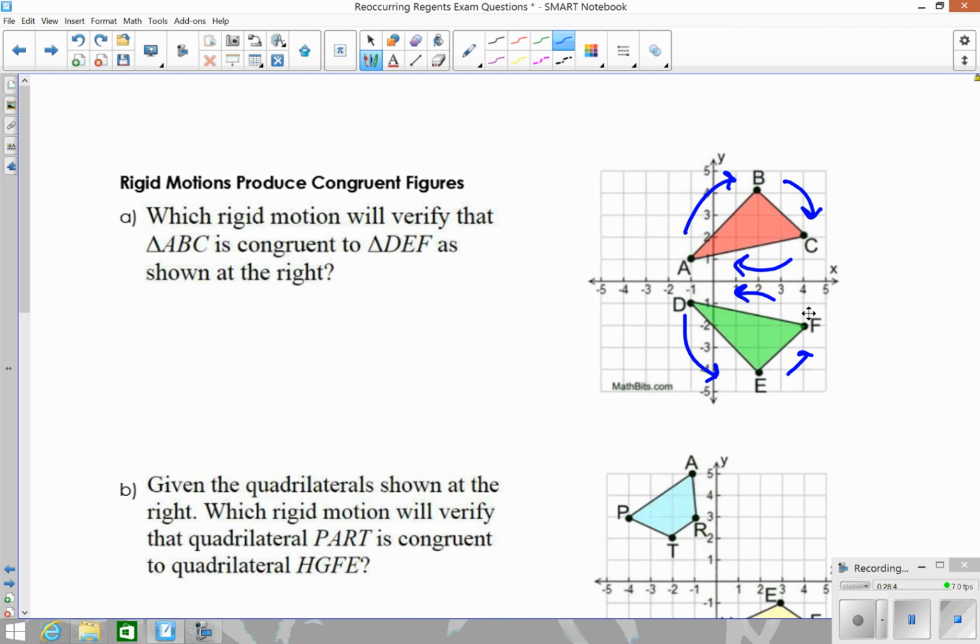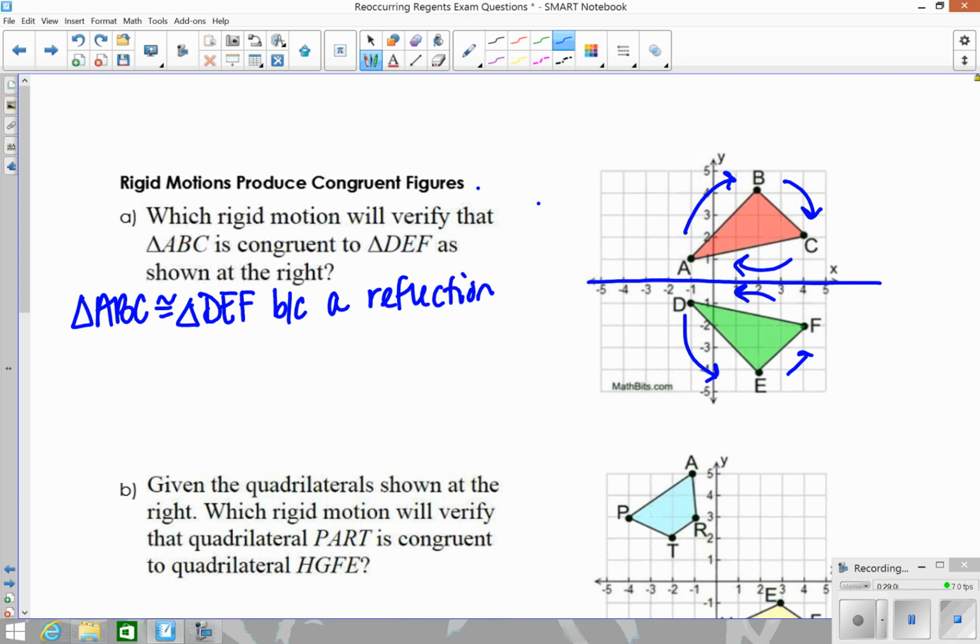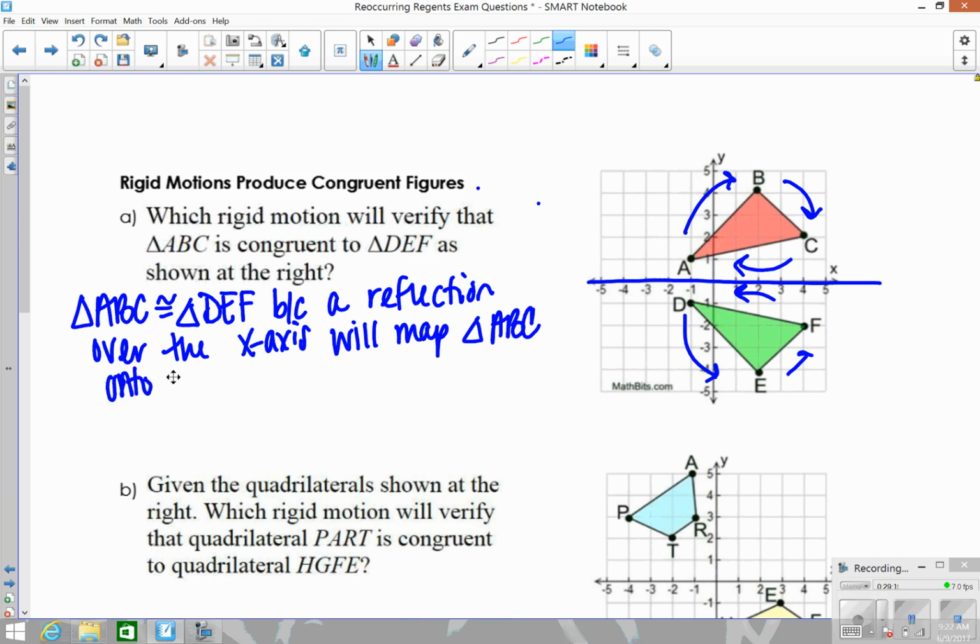So you can see, if I were to flip triangle ABC onto triangle DEF using a reflection over the x-axis, that would work because that distance is the same between each point. So to write this up, I would say triangle ABC is congruent to triangle DEF because a reflection over the x-axis will map triangle ABC onto triangle DEF,